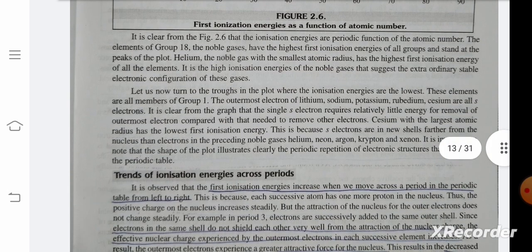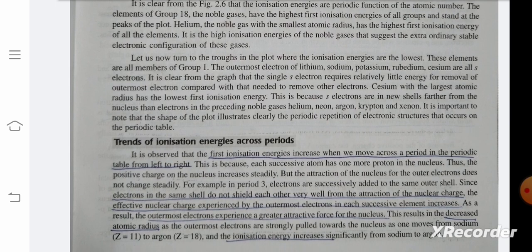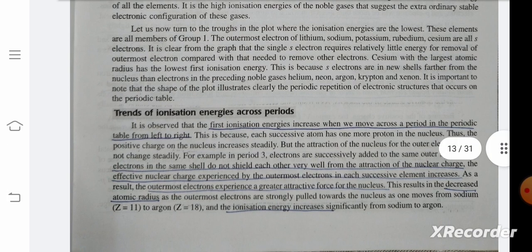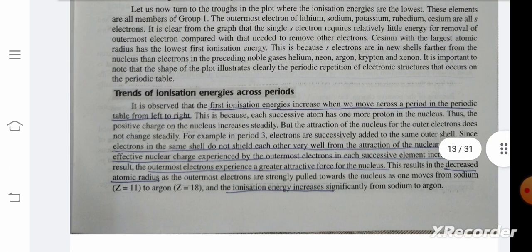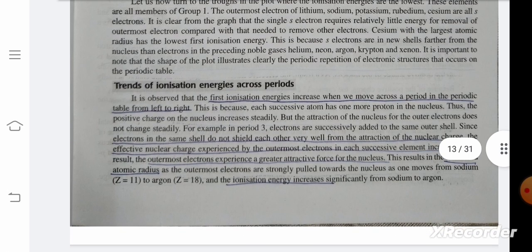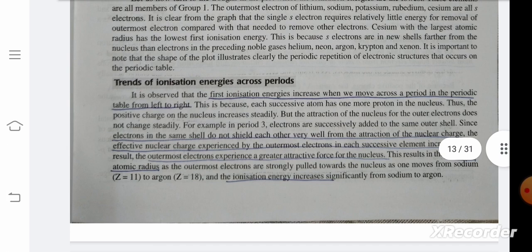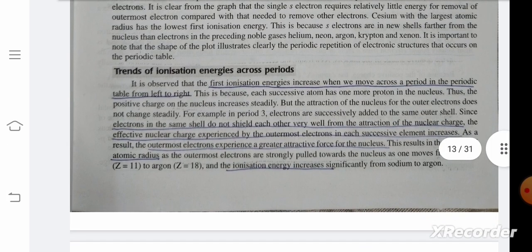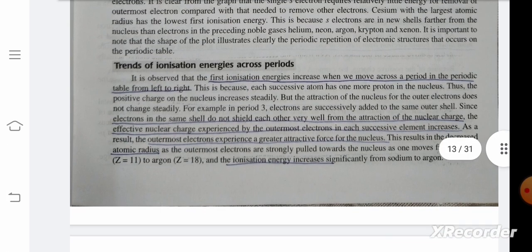Let us now turn to the troughs in the plot where the ionization energies are the lowest. These elements are members of group 1. The outermost electrons of lithium, sodium, potassium, rubidium, and cesium are all s electrons. It is clear from the graph that the single s electron requires relatively little energy for removal compared with that needed to remove the other electrons. Cesium, with the largest atomic radius, has the lowest first ionization energy. This is because s electrons are in a new shell farther from the nucleus than